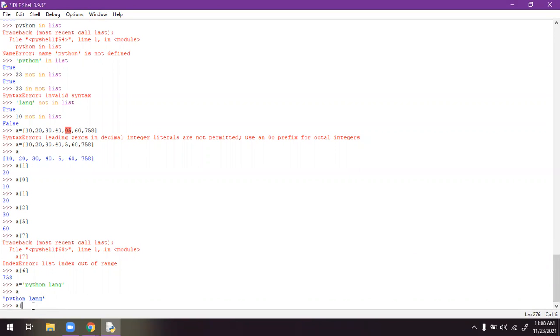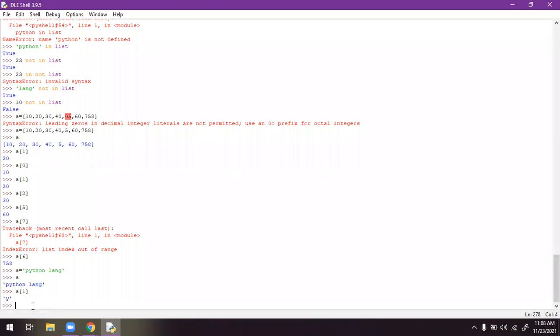But if you write in square brackets like a[1], you will get the character value which is available at index 1. This y is at index 1, so if you write 1, you will get y.